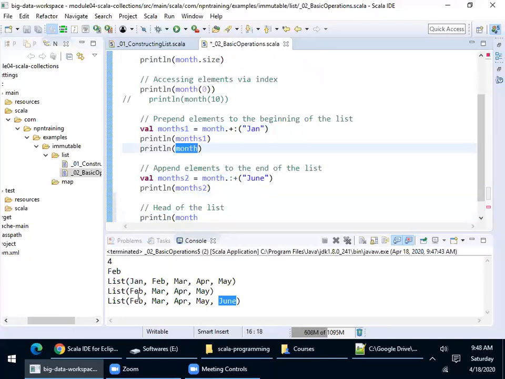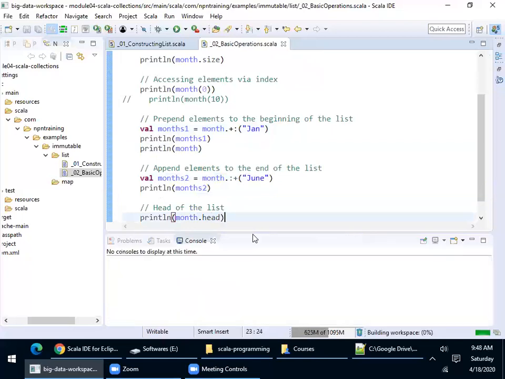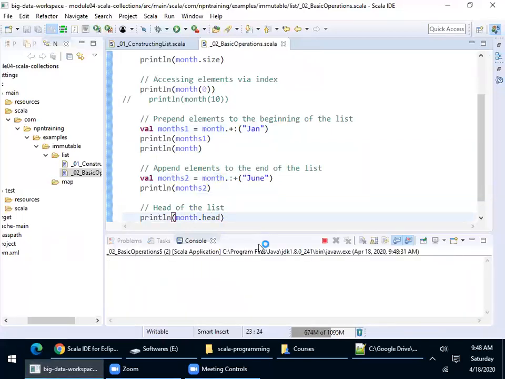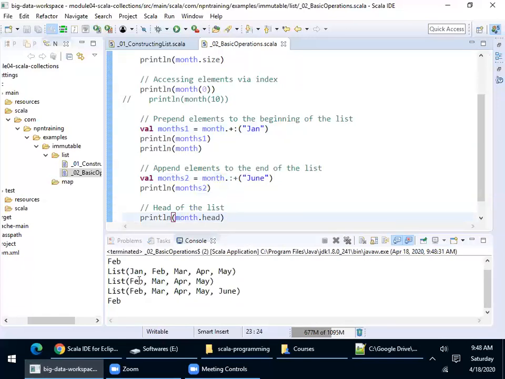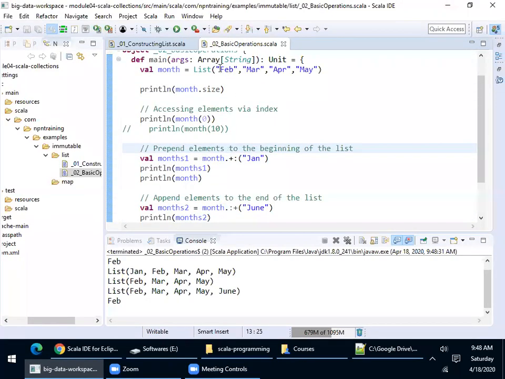We have February, March, April. So I do month dot head. Now let me execute this. Please observe this. In this month you had February, March, April and May. So what is considered as head is the first element. The first element is considered as head.